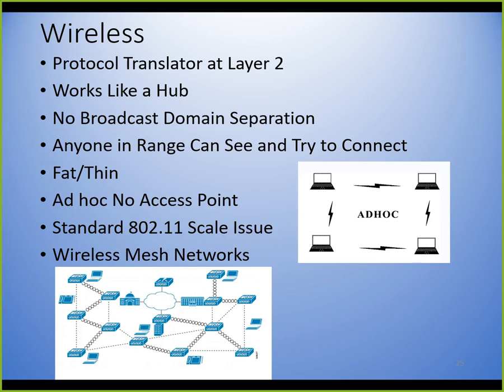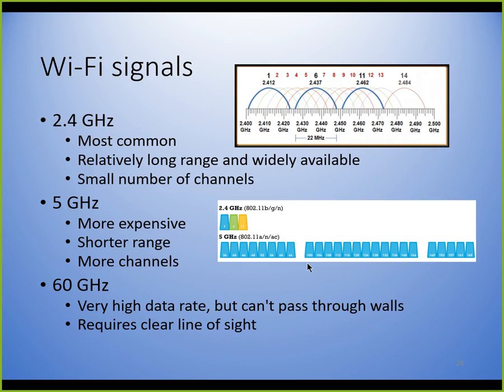Cisco has a bunch of routers that can automatically set up a mesh so that if one of them goes down, you have an alternate path to go from one location to the other location. Infrastructure, we have an access point, ad hoc. They all connect to each other. The signals, we have